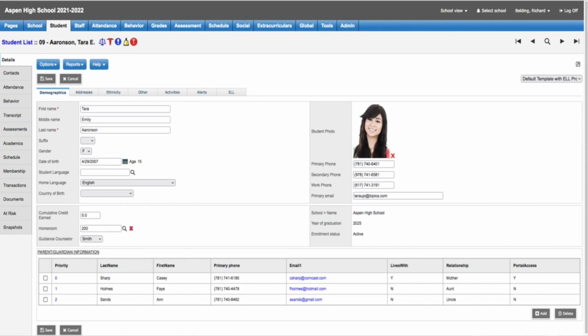The one challenge with guidance is when we want that relationship between the students. So this student, Tara Aronson here, and her guidance counselor, which we'll see here is just indicated with the last name of Smith. We need to create that relationship for them when we bring it into MyFlex Learning so that whoever this guidance counselor is, when they log in, will automatically see their students, even if there's a new student who enrolled and was assigned to their caseload, that they see those students